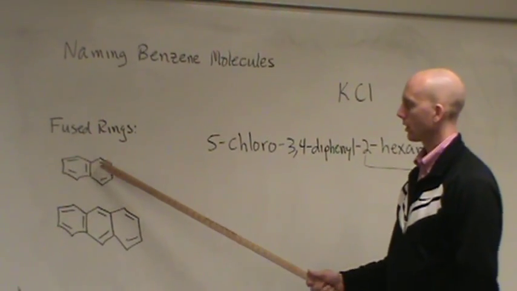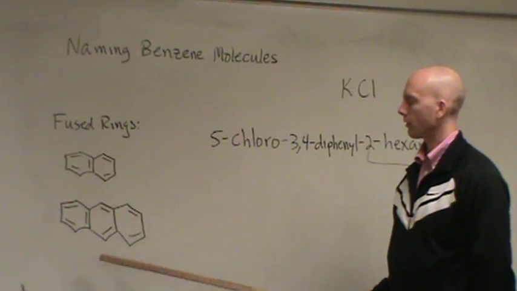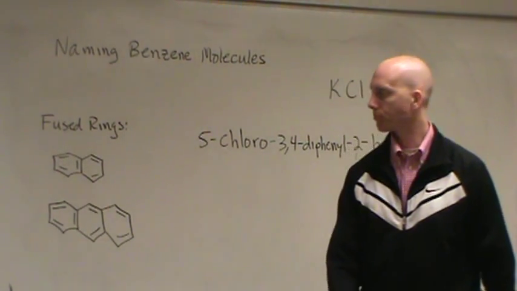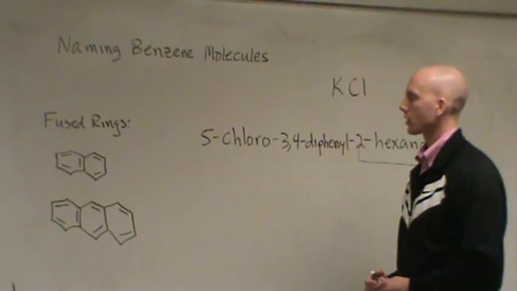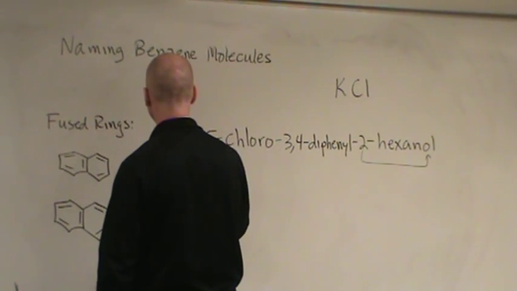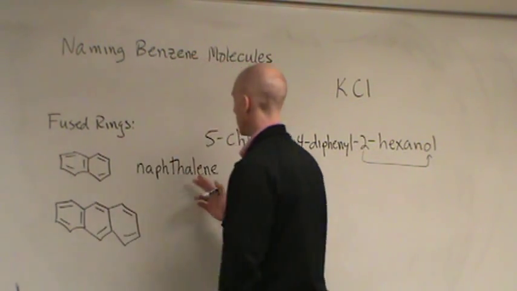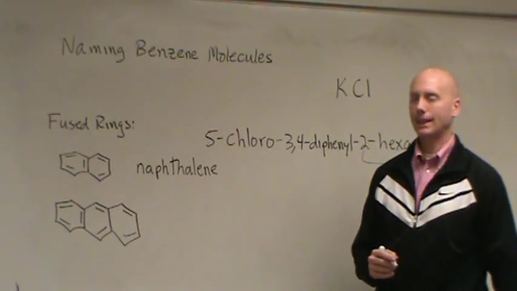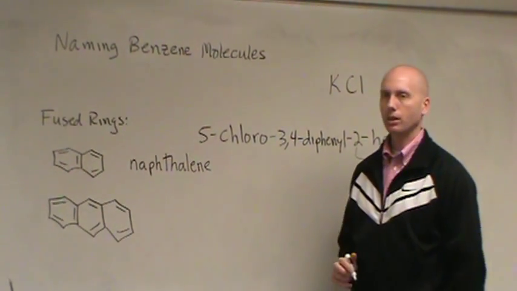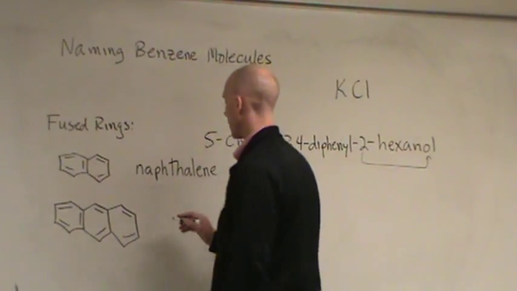Okay, so they are fused together, and these have trivial names associated with them. The top one is what's called naphthalene. This is what's found in mothballs. Okay. The bottom one